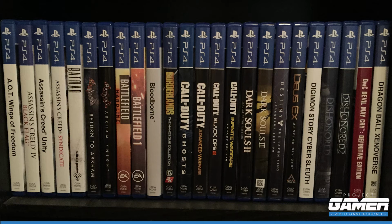I have a feeling it's actually not called Wings of Freedom. In the US it's just called Attack on Titan, but that's what it's called over here in the EU. I have Assassin's Creed Black Flag, Assassin's Creed Unity, Assassin's Creed Syndicate, Batman the Telltale series, Batman Return to Arkham, Batman Arkham Knight,